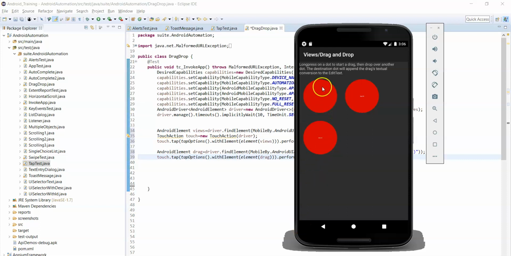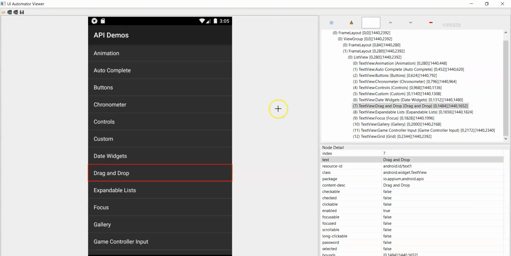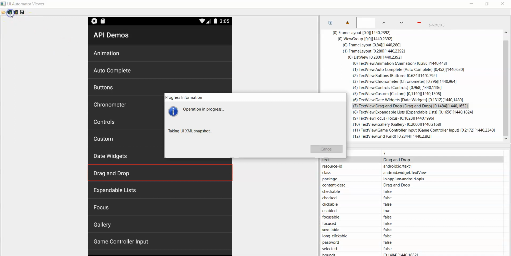First, we need to long press on the first circle and move to the below circle, right? For that we need to identify the locators for these two circles. Go to UI Automator Viewer, click on the device screenshot icon. Now click on the first circle and the below circle.